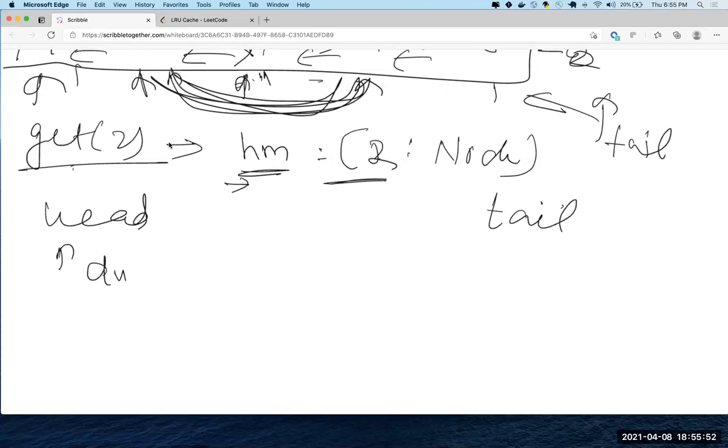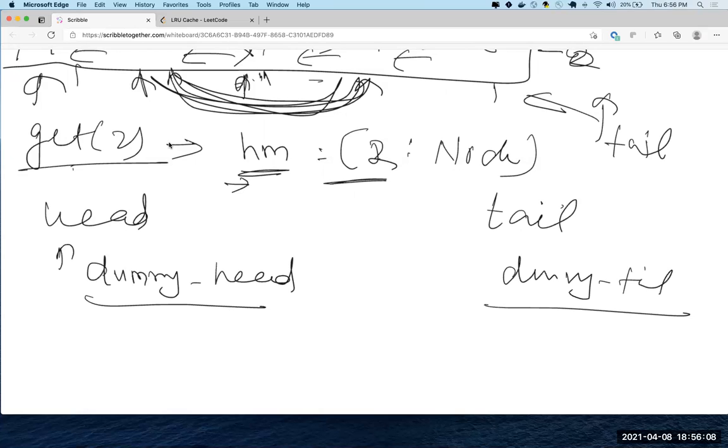You know that there's going to be a doubly linked list, right? There's going to be a head and there's going to be a tail. So just create a dummy head and create a dummy tail. Even if it's empty, make them 2 different elements, and make the head's next your head, and whatever was previous, make it the tail.